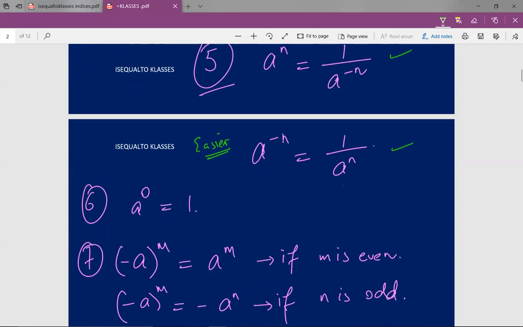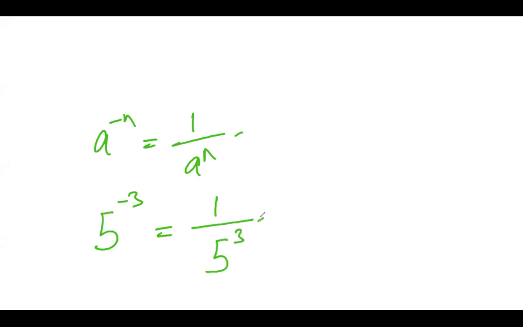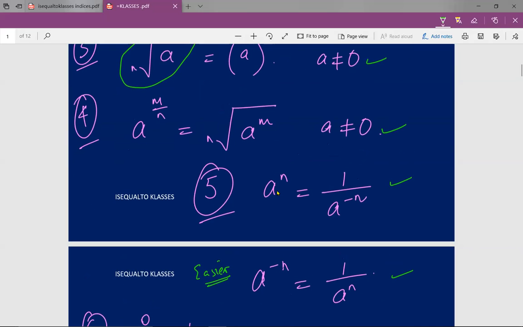Okay. So a raised to power minus n is equal to 1 upon a raised to power n. With the help of an example, 5 raised to power minus 3 is equal to 1 upon 5 raised to power 3. I think most of us do understand this. People don't have much difficulty in understanding this. But there is a confusion when people are dealing with this. Okay, let us try to understand this part.